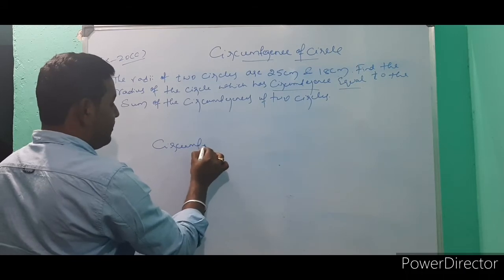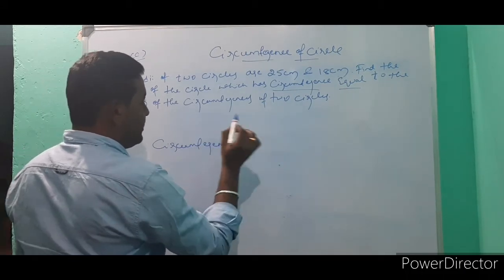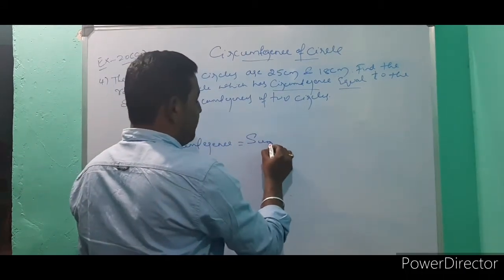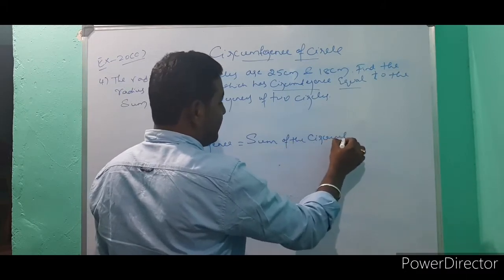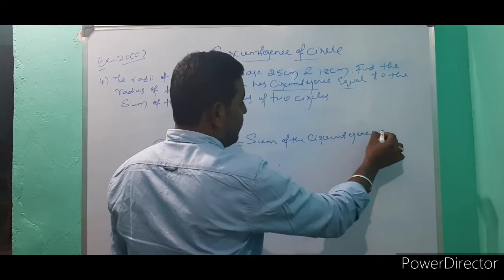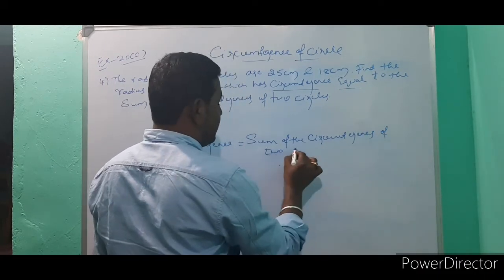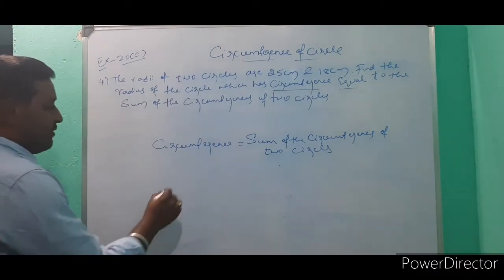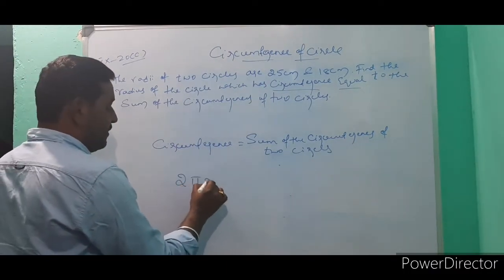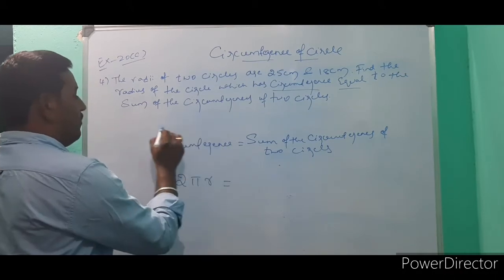Circumference is equal to the sum of the circumferences of two circles. The circumference formula is what? 2 pi r. So now we have to find